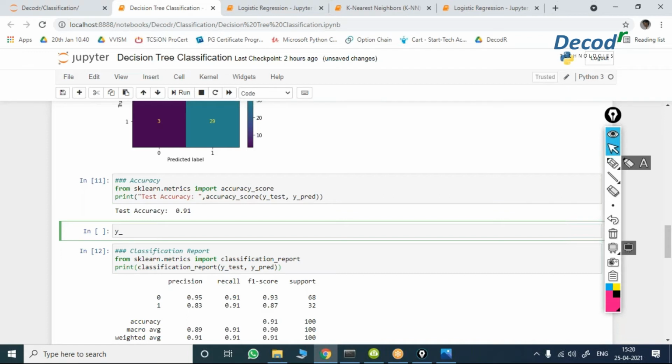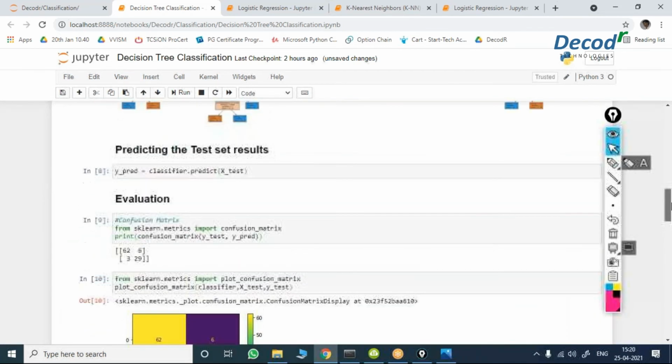If I check y_pred_train, I apply y_pred_train equals, whatever the model name I have taken, I have to check the model name.